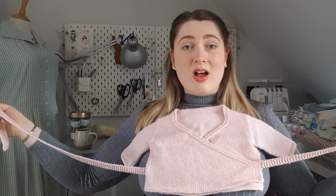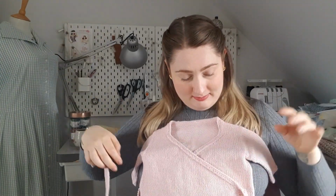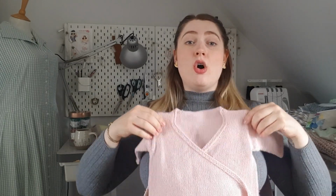It's really cute. I reserve the right to cut these ties off and put a button here and one inside with a little crocheted loop or something. I don't know how practical it is to tie up small children with ties. I'm just saying, I don't know. It may be very practical. On the one hand, it makes this an adjustable garment because you can tie it really tightly, or if they get bigger, you just like...